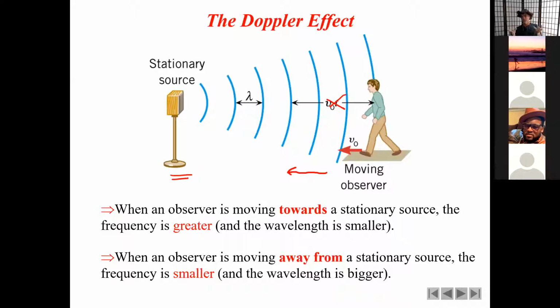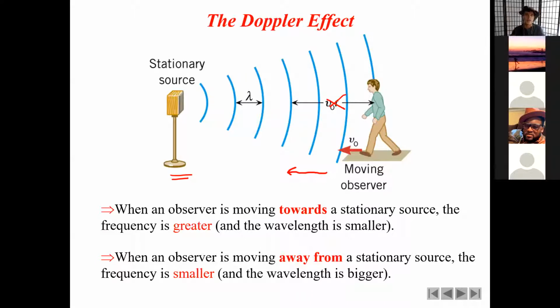We're not going to do the mathematics of this, but the Doppler effect, how much the frequency shifts, depends upon how fast you're moving. If the sound source is stationary and you're moving, you're going to have to be moving pretty fast to actually detect it. But if you were in a car going 50, 60 miles an hour,